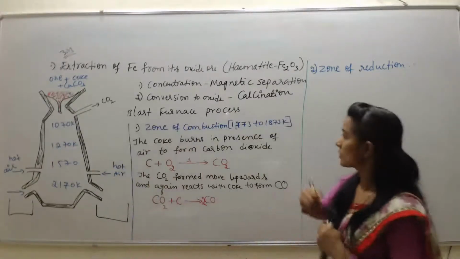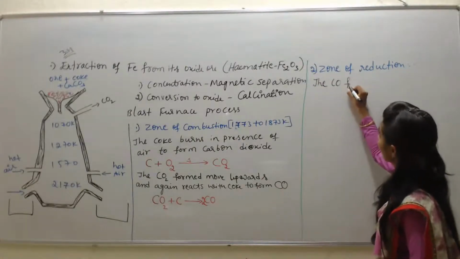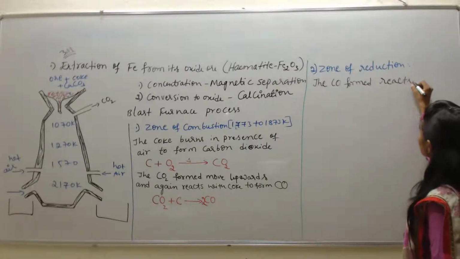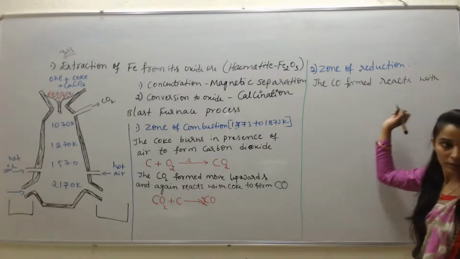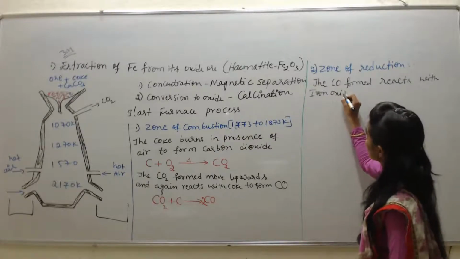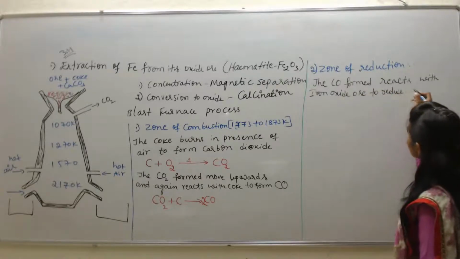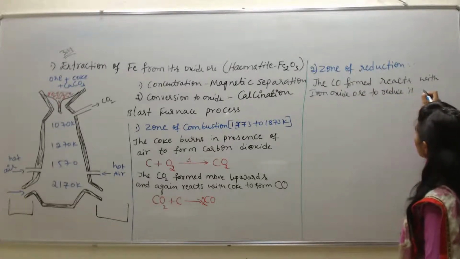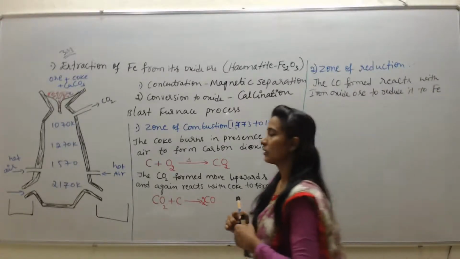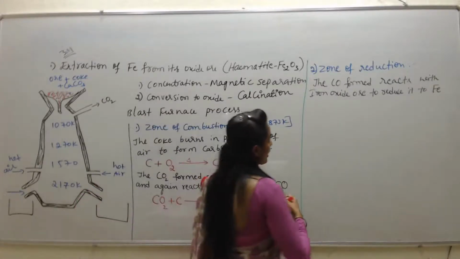So in this zone of reduction, what happens? The carbon monoxide formed reacts with iron oxide ore to reduce it to iron. So here the reactions take place here,